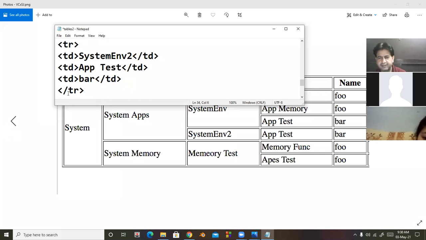In the next row, look at here: first system memory, then memory test, memory function and food. These are the things we will have to add.